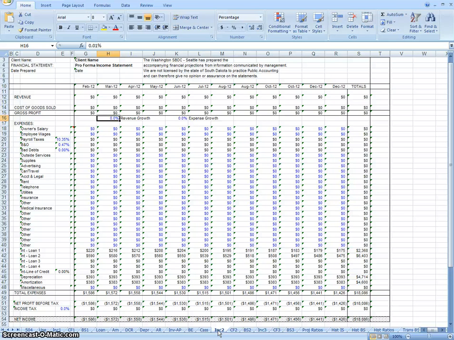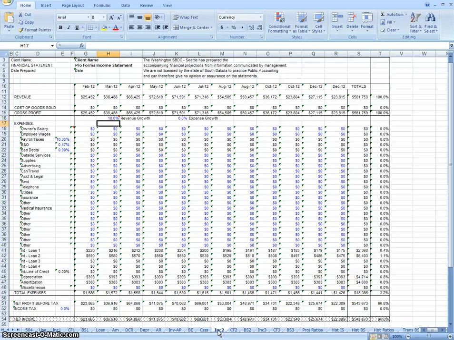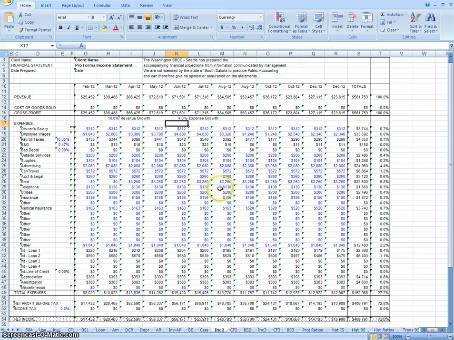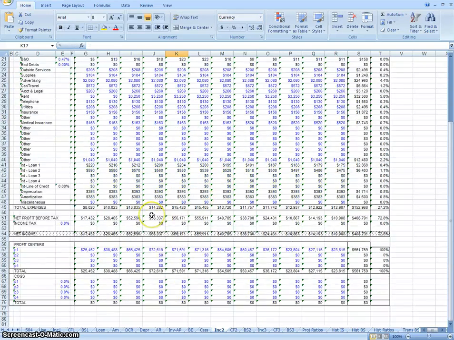For projection purposes, to keep it simple, we say we may increase our sales by 10%, and you enter it into the revenue growth, it automatically calculates that. Then we do expense growth. We say expenses will grow by 4%, and it automatically adds a 4% growth to the expenses. This is the simple way to do it. The right way to do it would be to go in and enter the real numbers, because you could do it the hard way. But a lot of times for banking purposes, this works just fine because it's kind of a guess going forward. And then the only other thing you have to do down here in the cost of goods sold is